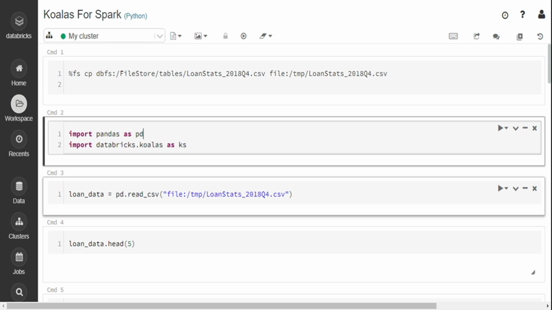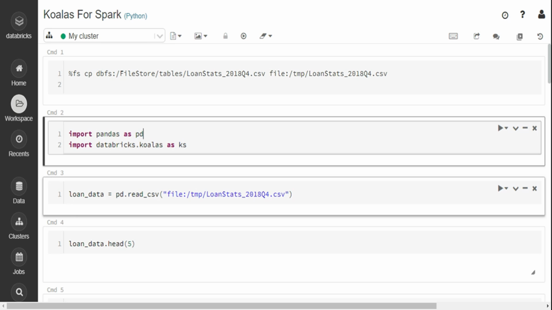Hi, in this video, we are going to talk about Koalas, which is a distributed data frame API that can run on top of Spark. Now, today, Python is a de facto language for many data and analytics workloads. There are rich libraries in Python like Pandas, NumPy, SciPy, which make your data analysis, machine learning, and statistical analysis